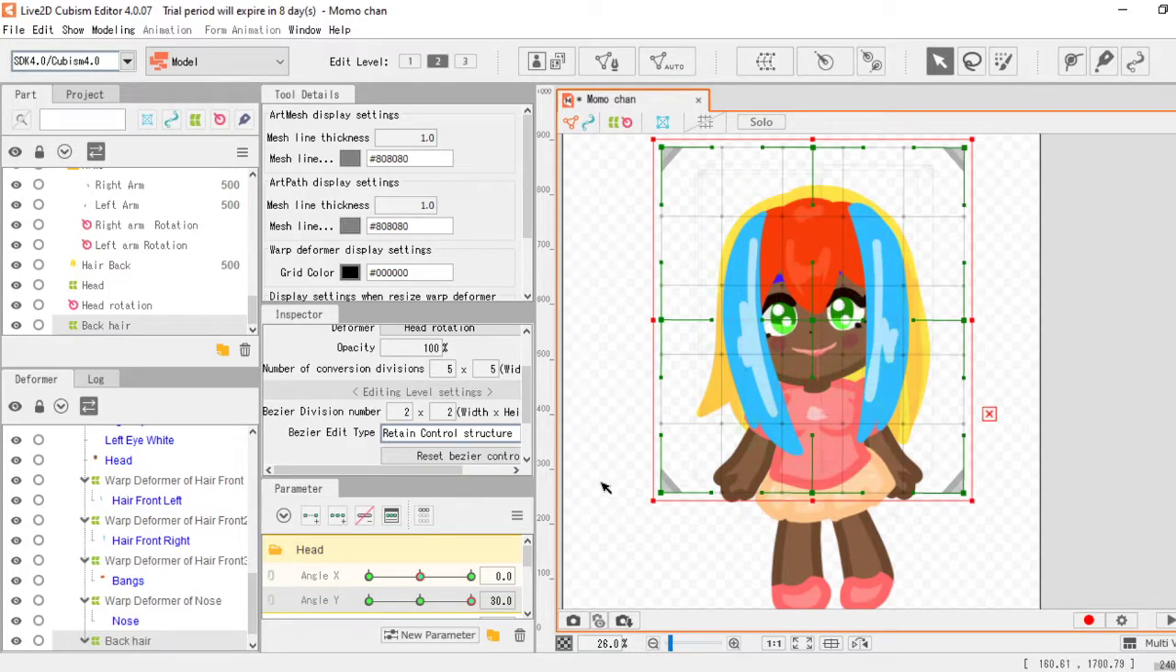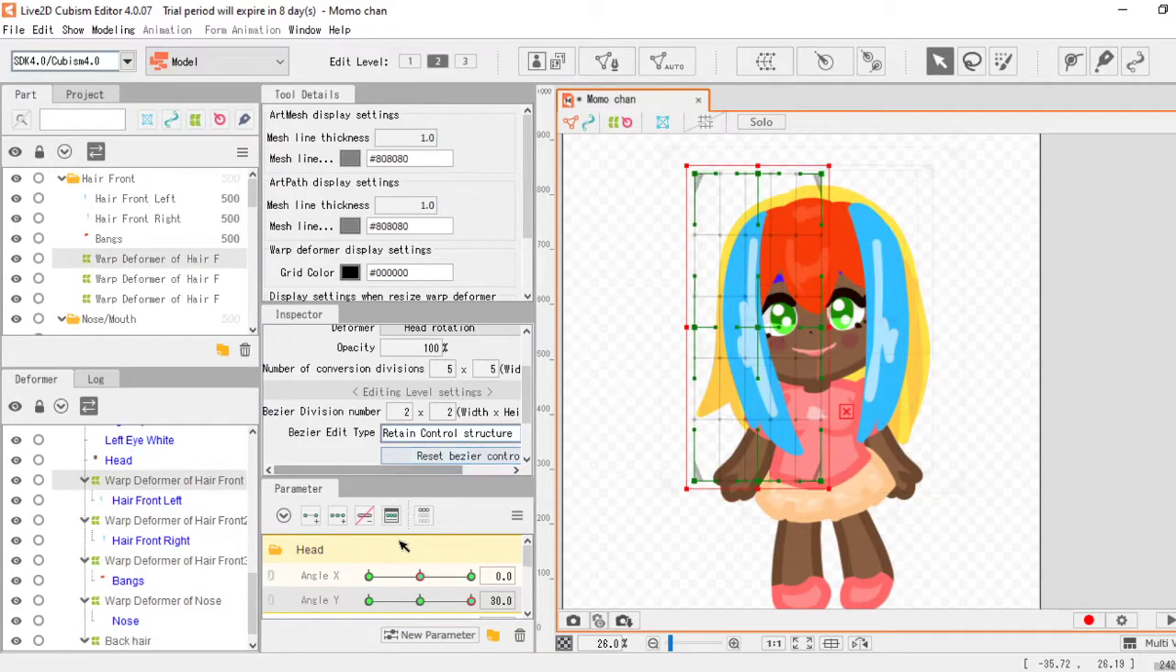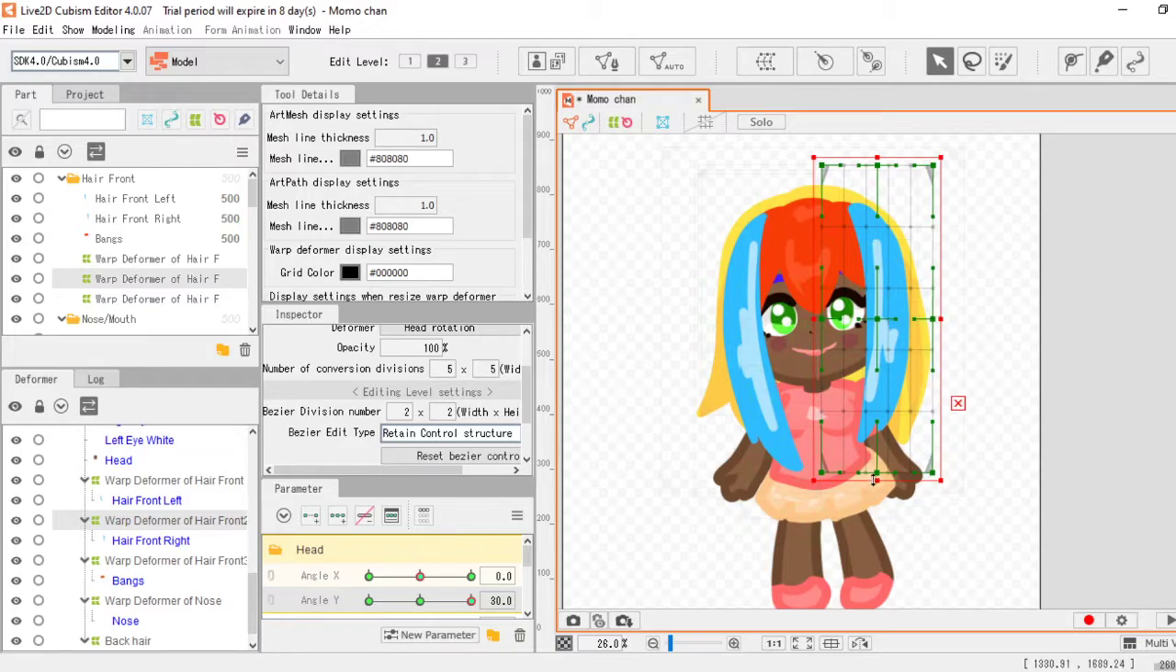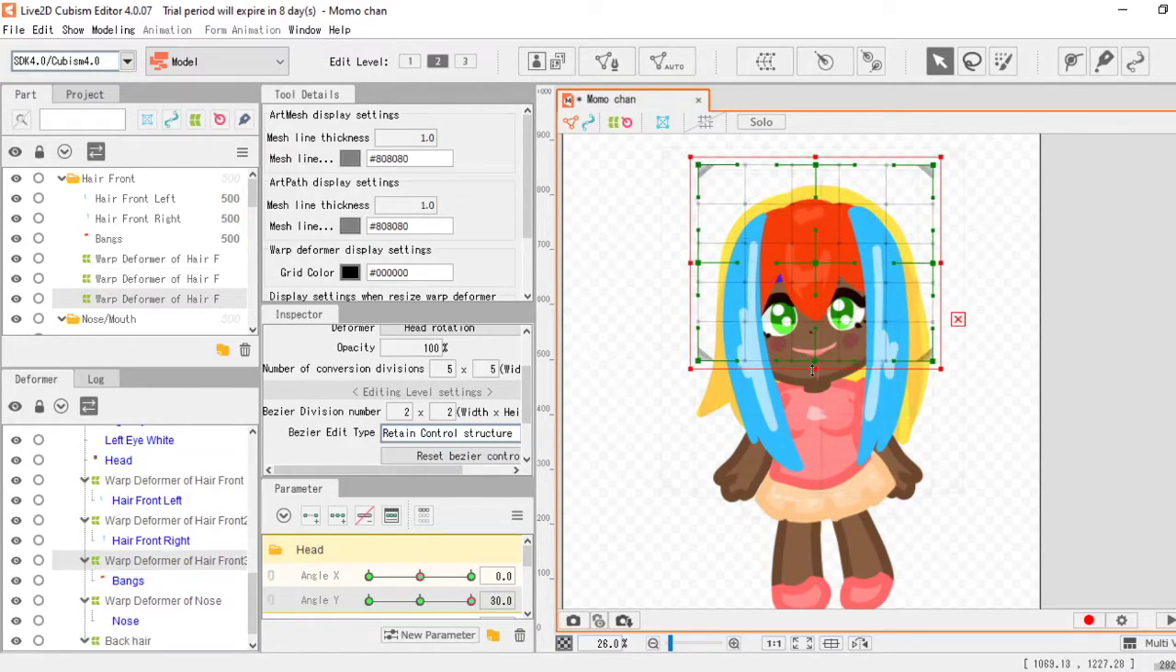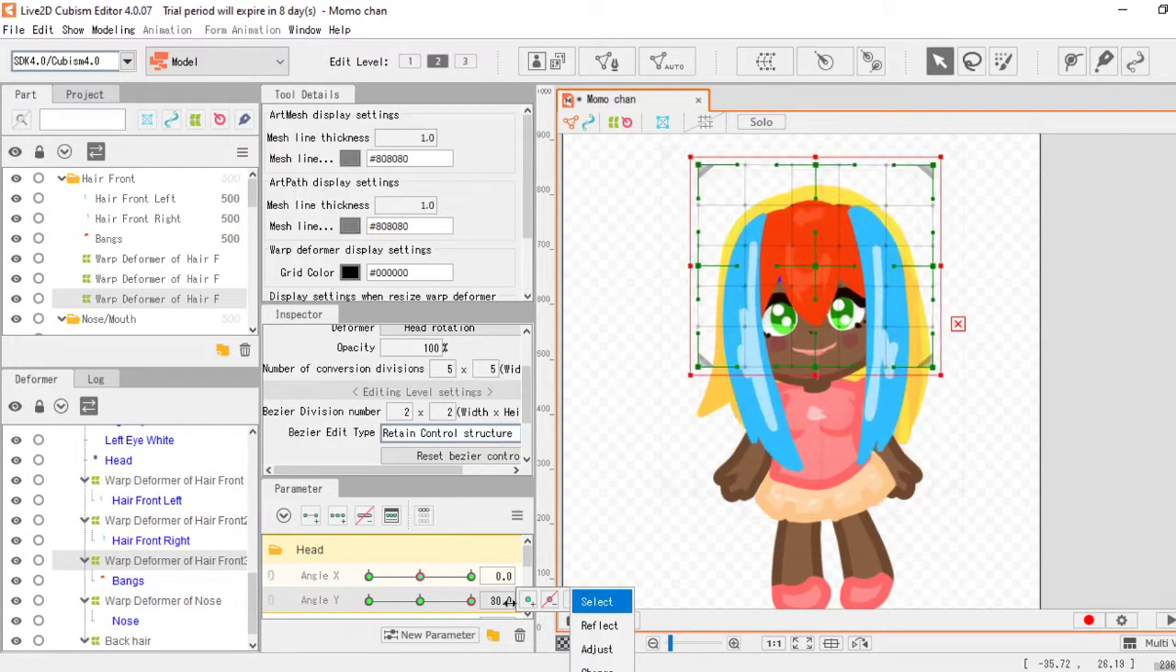Now, it might seem excessive the way I'm doing it, but it'll affect the physics later on, which is what we want. Okay, and now the hair. She's looking down, so it's going to stretch down. Okay. Up, down,